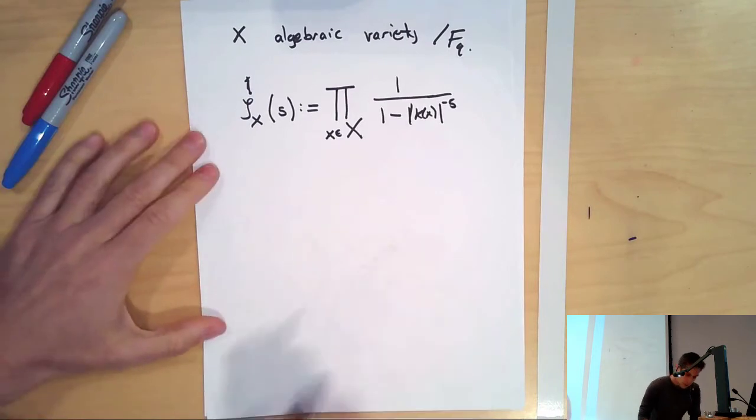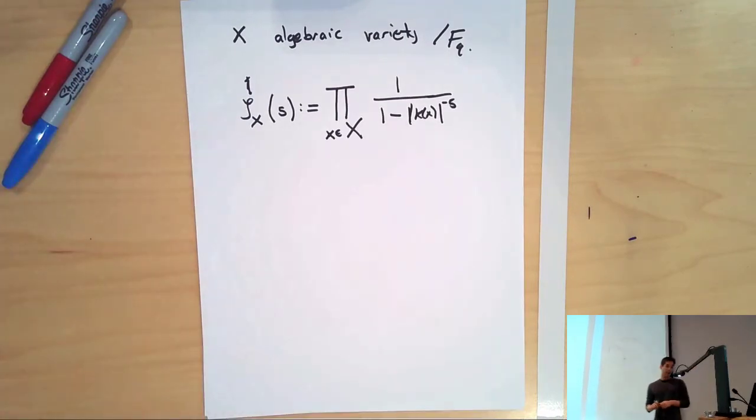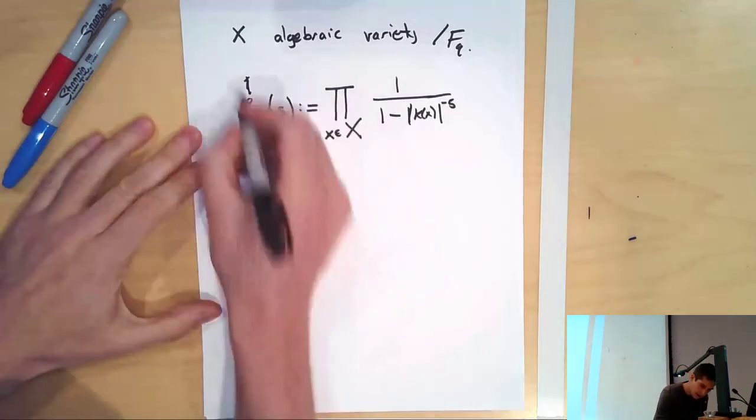And it's called the zeta function of X because you can write down more or less the same definition where X, instead of being an algebraic variety over FQ, is instead the spectrum of Z, and in that case, this would be the Riemann zeta function. Okay, so the zeta function of a variety over a finite field is a much simpler object than the classical Riemann zeta function. It's actually something that you can write as a rational function in q to the minus s. So this maybe is definition 1,